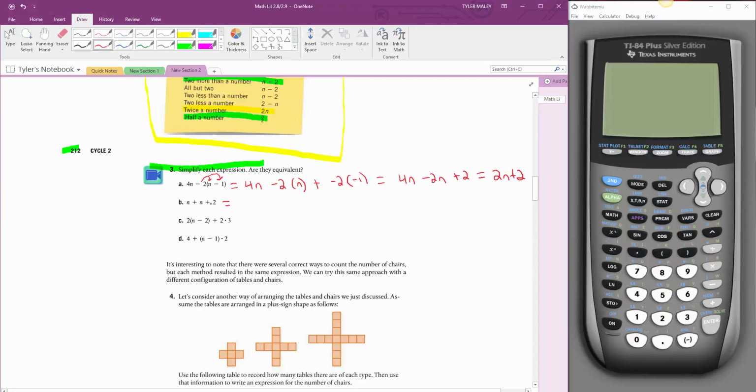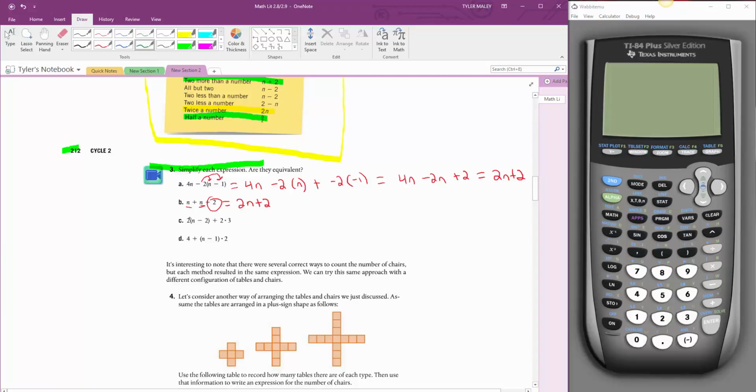So part B, n plus 2. I just need to combine my like terms. So I have n and n. 1n plus 1n is 2n, and then I have plus 2. There's nothing I can do with the plus 2. It doesn't have a like